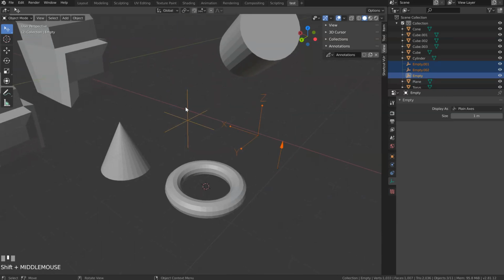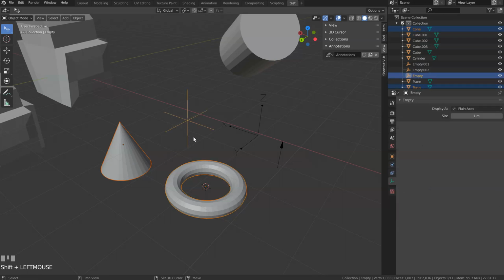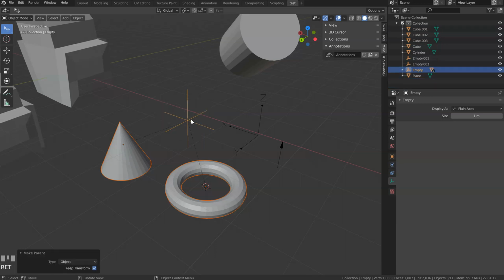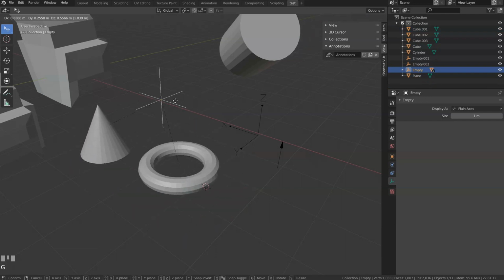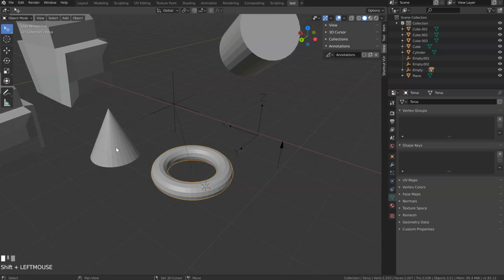And in Blender, it's not like in Maya. You cannot select this and press Ctrl G to create a group and have the group here. It's like XSI. You need to parent those two to this one. You will press Ctrl P and you will choose, for example, keep transform. And now you will be able to move this one. So this is different from Maya. I would prefer to have the same as Maya, but it's not possible, sadly.